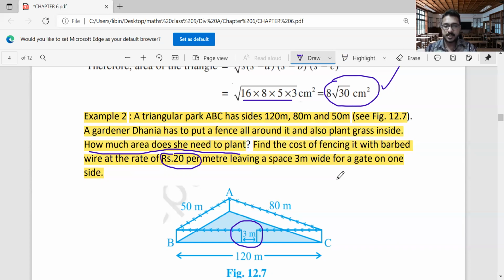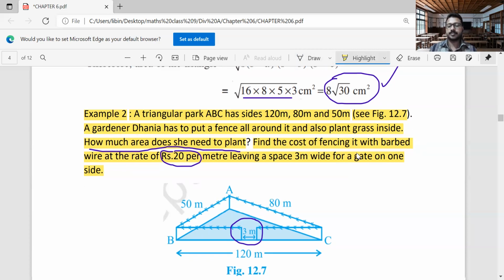So actually, in this question, we want to find two things. First of all, we want to find the cost of fencing with the barbed wire, which means the perimeter. Using that perimeter, we can find the total cost. So that is solved. Now, with that help, we can find the semi-perimeter, and by applying that semi-perimeter, we can find the area of the whole triangle. Okay, so I think the question is clear. Those students who have an idea about how we can solve it can begin solving the question. Fine, I will explain it slowly.